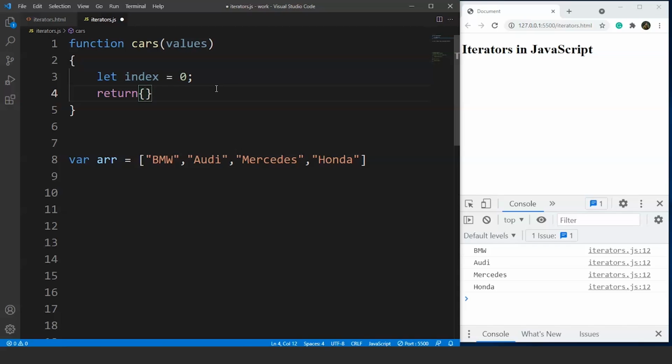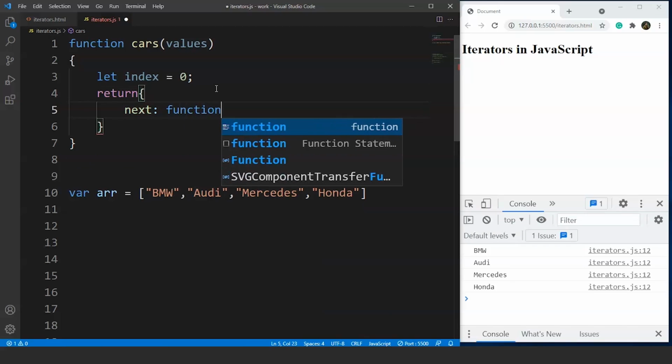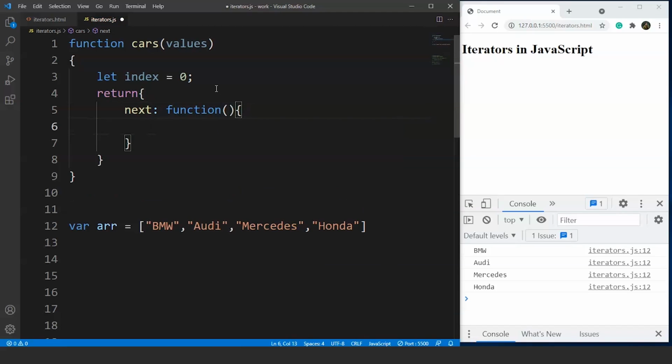It might sound a bit tricky, but let's do it here and you'll understand it much better. We'll write next inside this. So this next will be a function, and then we have the body of this function. Now next is a function which will be called to print the current element's value, and it will take the index variable to the next array element. It will return the properties as well. The two properties are value and done.